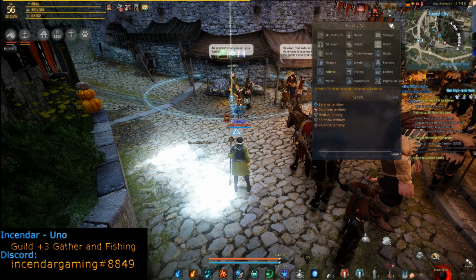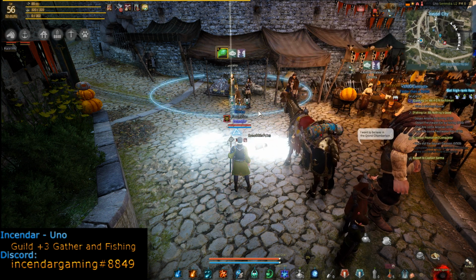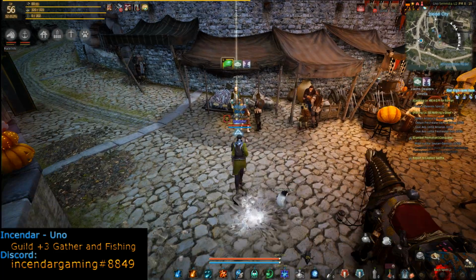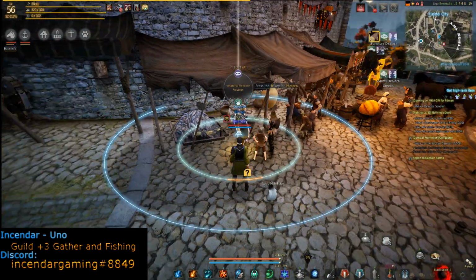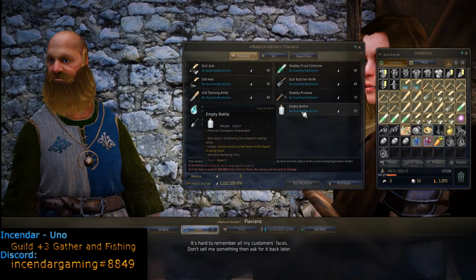To start, pretty much you go up here to NPC, click material, and wherever you are, you'll find the guy that sells bottles. Now for today, I'm just going to buy